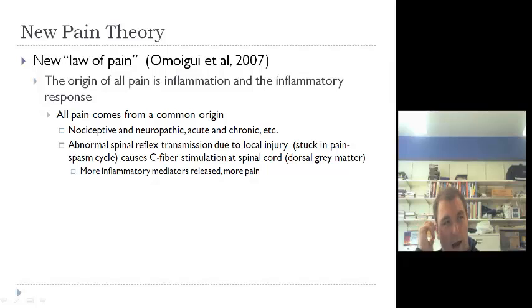I guess old school Ryan would have said, no, I have a patient with an ankle sprain. They're fine. There's no swelling. Yeah, they're a little tender, but you know what? It must be in their head. They're fine. Let's tape them up, have them go play. New school me, and I say new school since the summer, says, okay, well, just because I can't see it doesn't mean that there isn't anything going on. I think that's where this new law of pain hits the nail on the head.